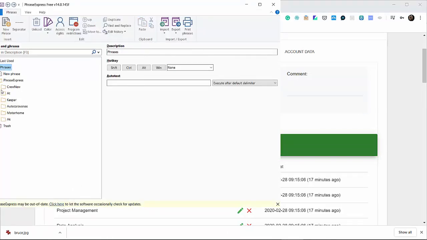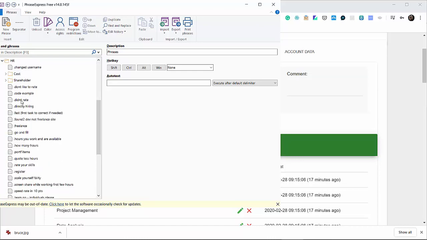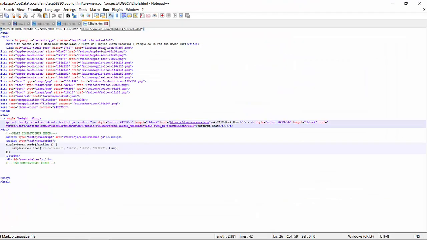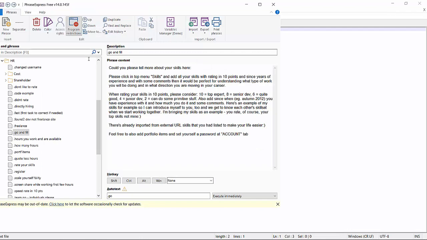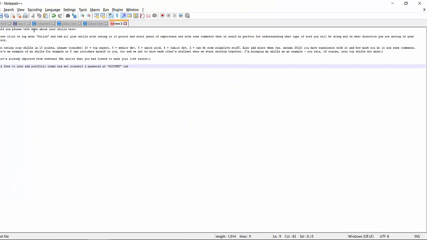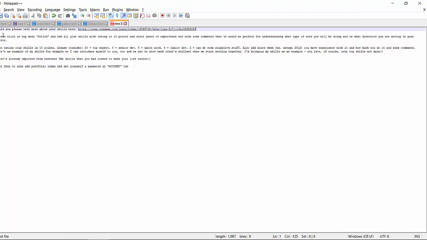This is the text expander that I'm using, CrewNew, and it's HR and .go. So basically, I usually write to the person a message, something like this. Brad, could you please tell us more about your skills here? I put the URL, and then I say please click in the top menu skills and enter all your skills